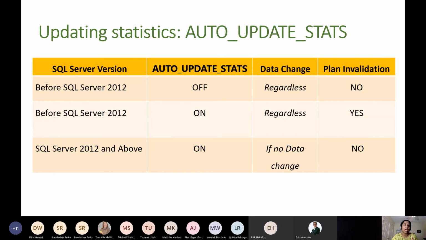But if our auto update stats is on and there is no data change, then there will be no plan invalidation. Before SQL Server 2012, if auto update stats is on, regardless of whether the row modifications changed or not, the plan invalidation happens. And before SQL Server 2012, if auto update stats is off, regardless of the data change, the plan doesn't get invalidated.